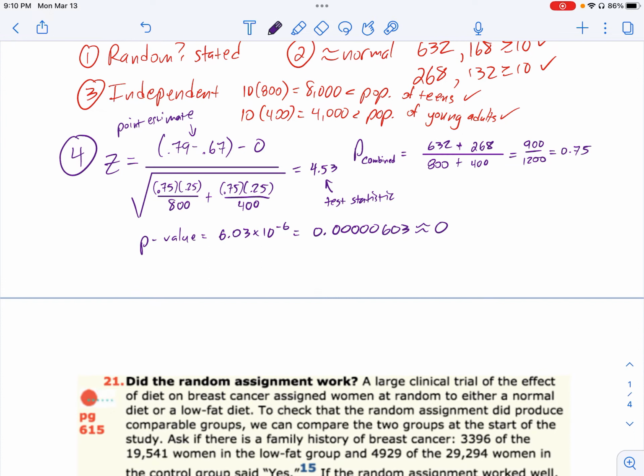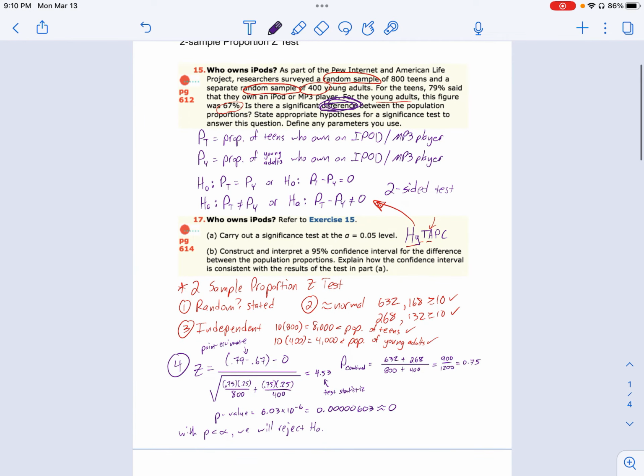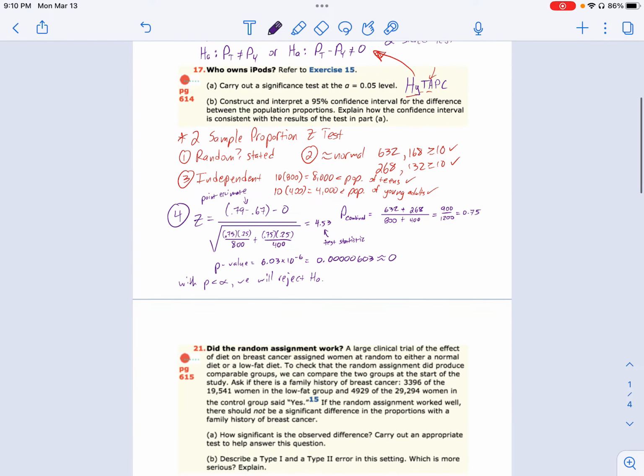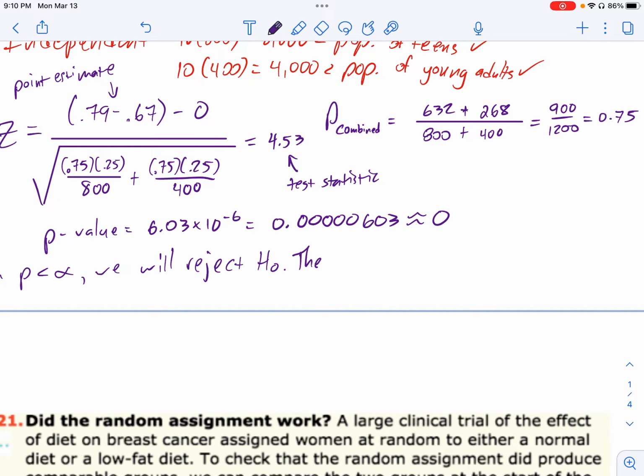So now we can make our conclusion. With P way less than alpha, I don't even know what alpha is, but it's way less than any reasonable alpha, we will reject the null. So we are rejecting that they're equal, so this is gone. The evidence is significant. It supports the alternative that the two proportions are not equal. There is convincing evidence